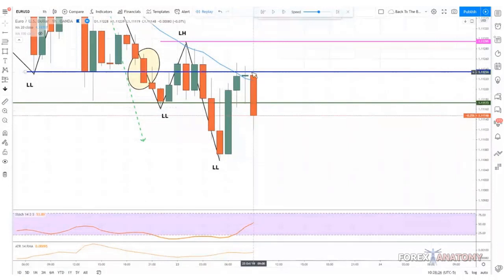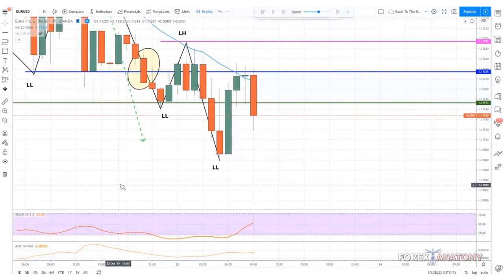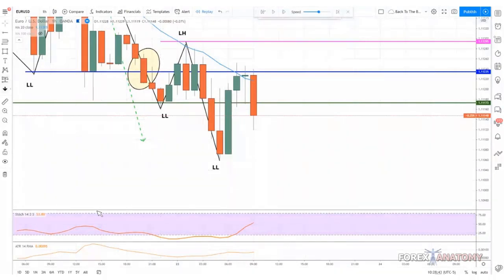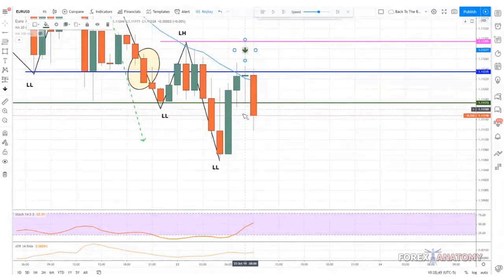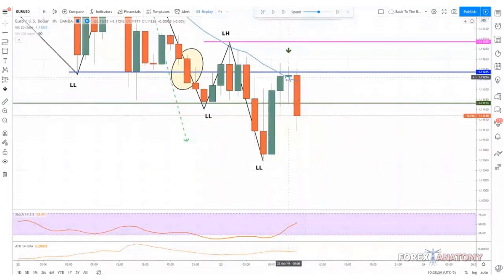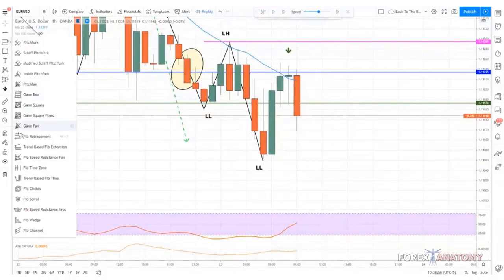Okay, so now we get a bearish candle. So right now, should we be looking to buy or sell? Yep, we'll be looking to sell. So right now we're going to enter a sell, and this sell can go in our favor or it may not go in our favor. What we're going to do is measure and see how far price can go.